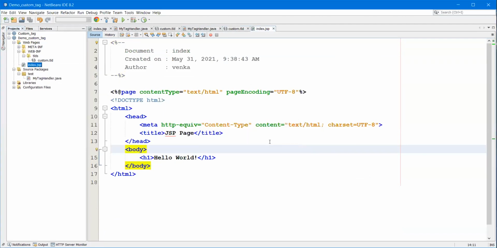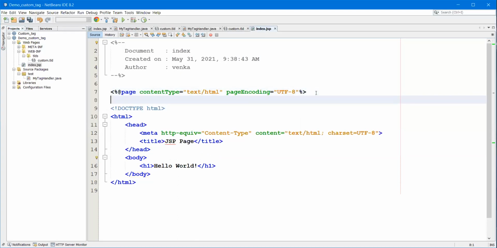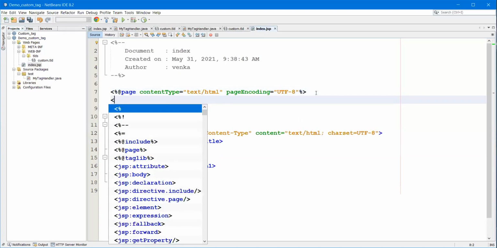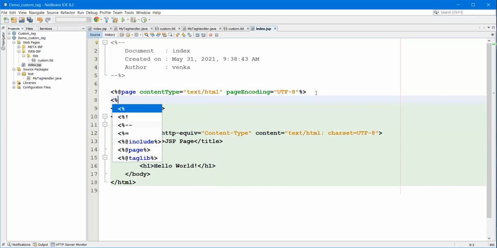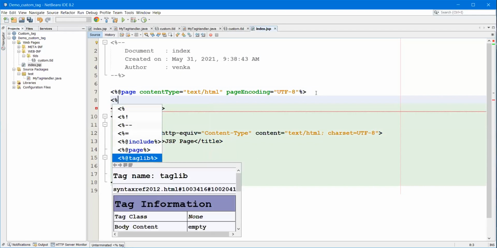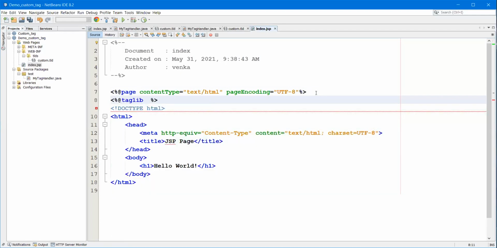Why? Because now we need to import that tag library. How are we going to import it? taglib, URI is equal to, what is the URL where the taglib file is available?